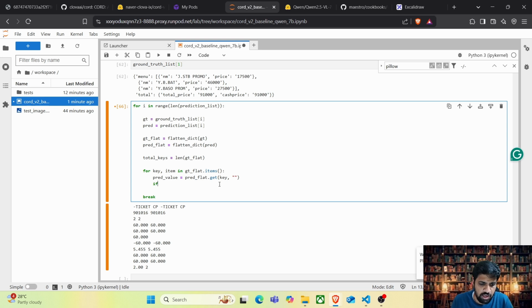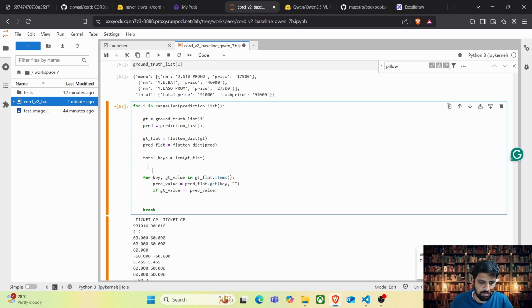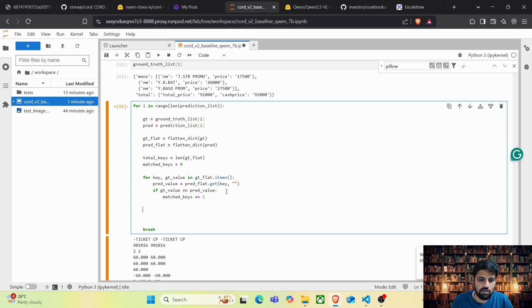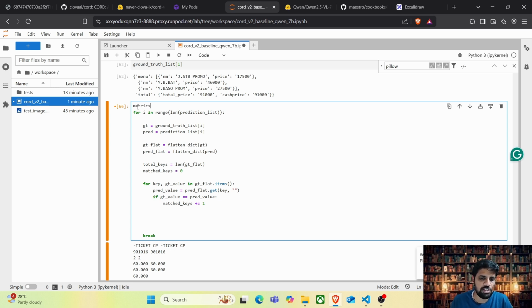So let's call this ground truth value. If the ground truth value equals spread value, then we say matched keys plus equal to 1, with matched keys starting at 0. And let's create a dictionary here, say matrix dictionary, or matrix list. We can keep it as a list of dictionaries. And for every single